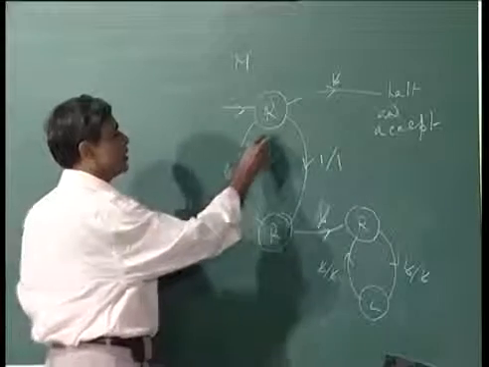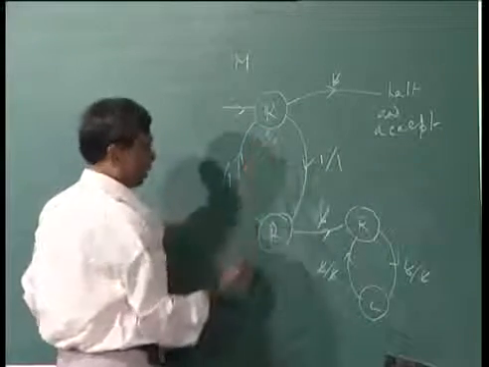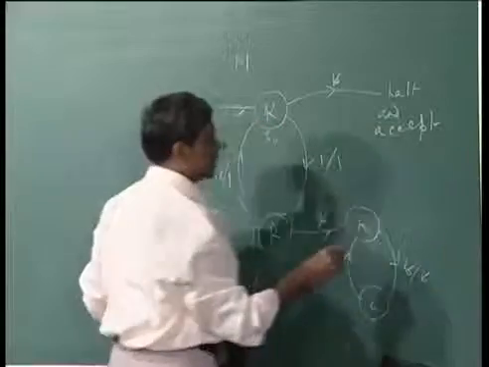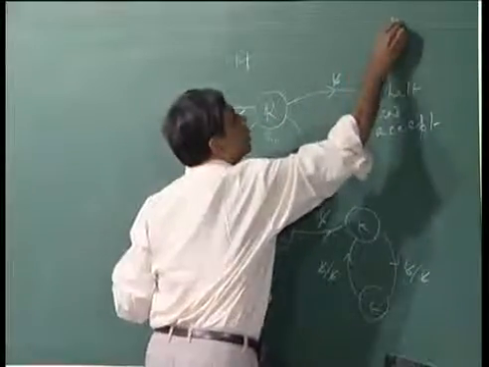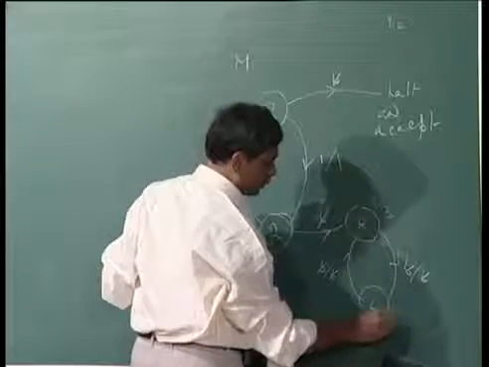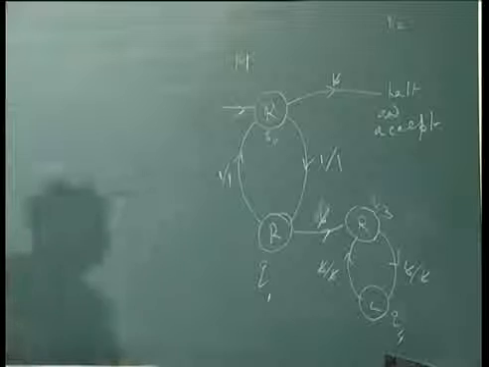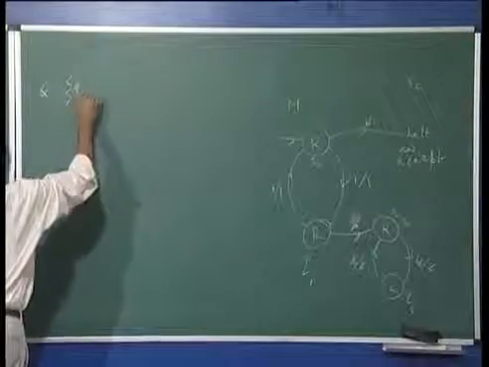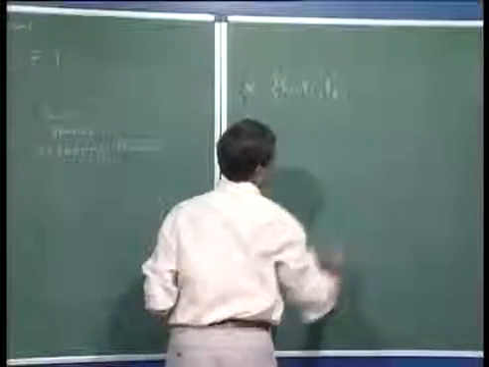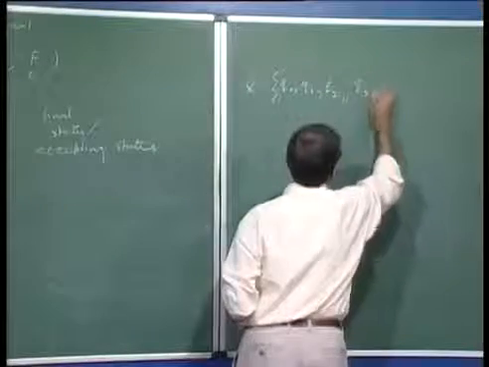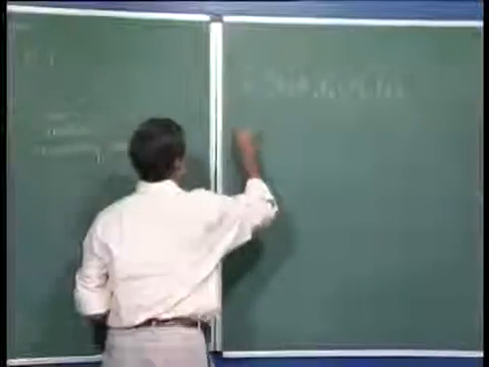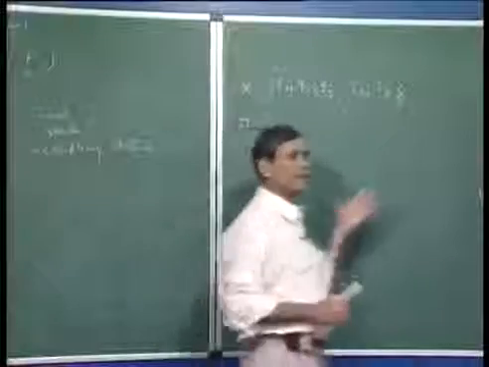So, suppose I name this as Q0, this as Q1, this halt and accept state as Q2, then Q3, Q4. Now, basically we are saying that the set of states Q will be Q0, Q1, Q2, Q3, Q4, and the tape alphabet consists of,